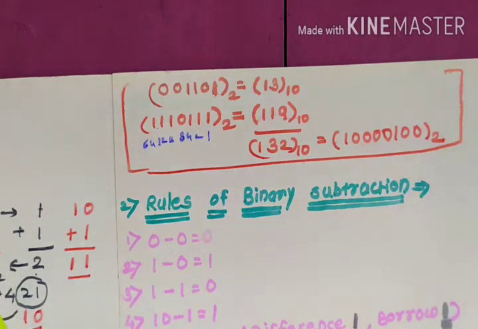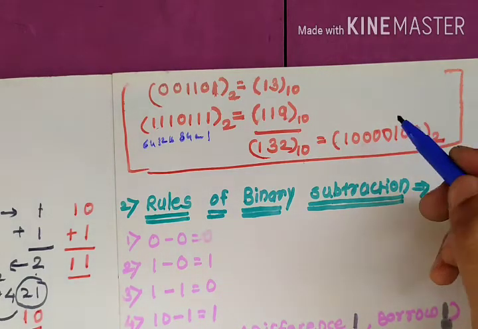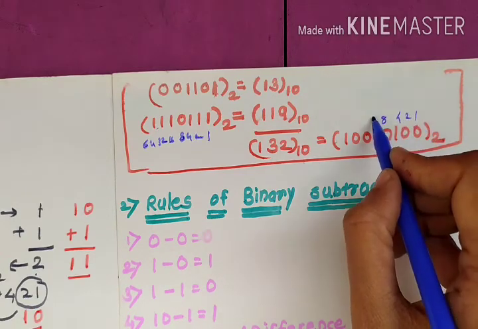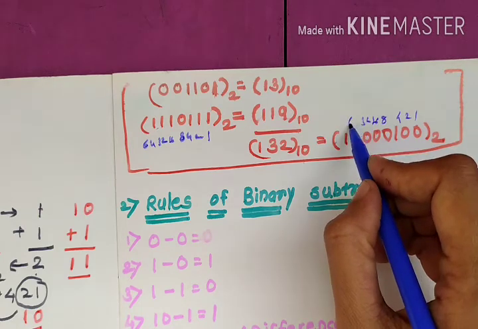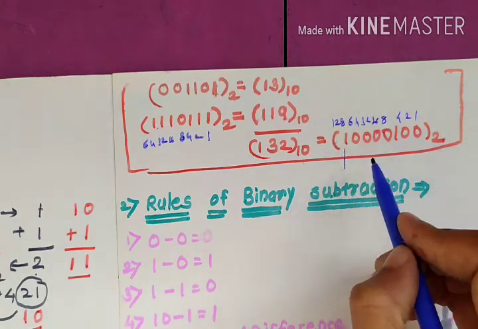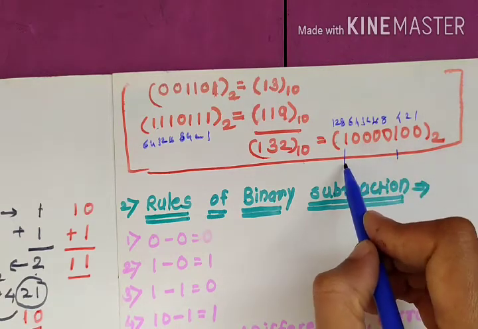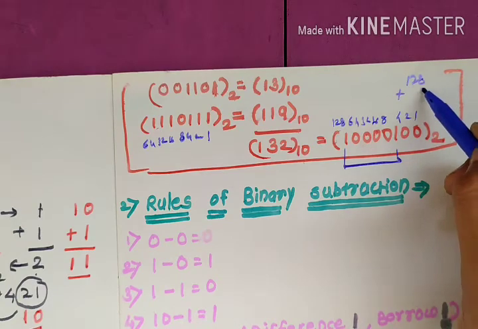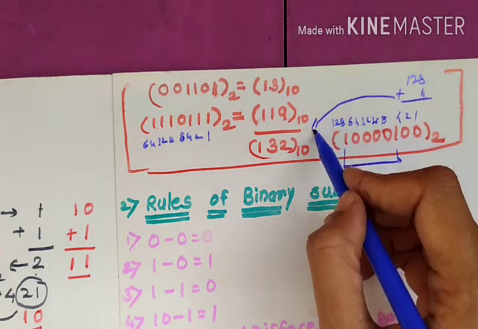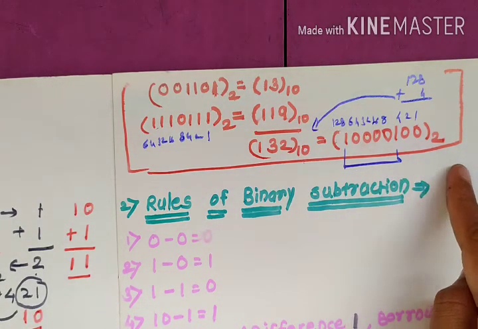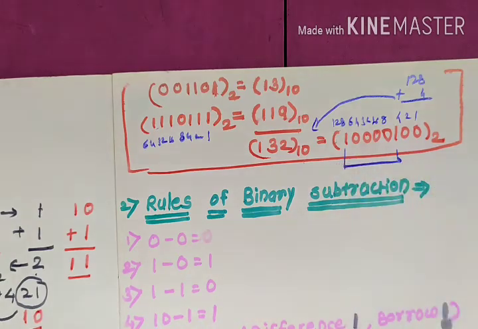Okay, according to 8421 code, 8421, this is 16, 32, 64, 128. By adding this one, then this one, you will get 128 plus 4 is equal to 132, and the answer you have finally written here is correct. Okay,